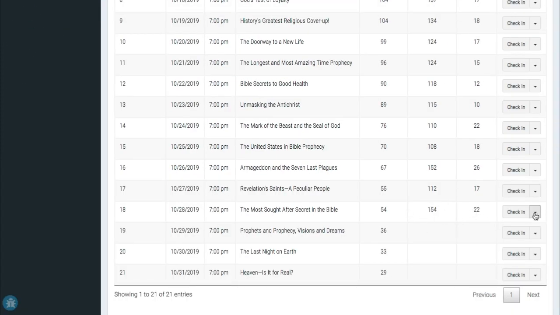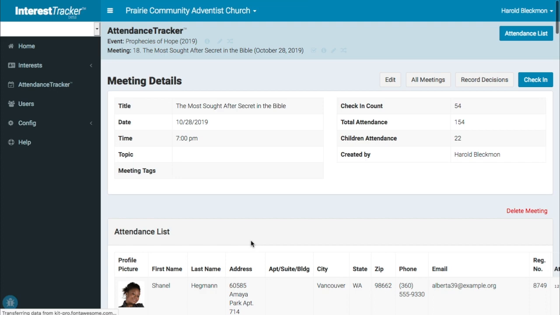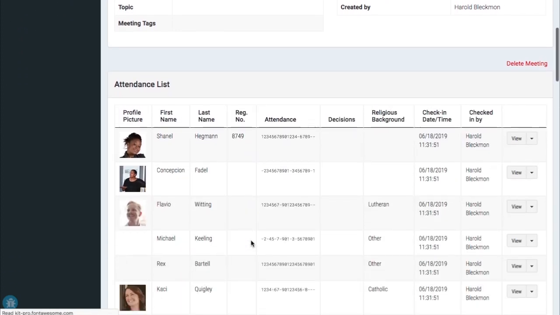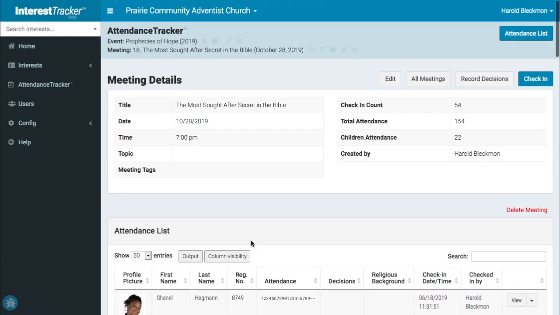Let's look at the details for a specific meeting. This shows the information about the meeting with a list of people who checked in for this specific meeting. Anytime you're on a meeting-specific page, a number of icons are available for that meeting. Using these links, you can go to the check-in page for a meeting,